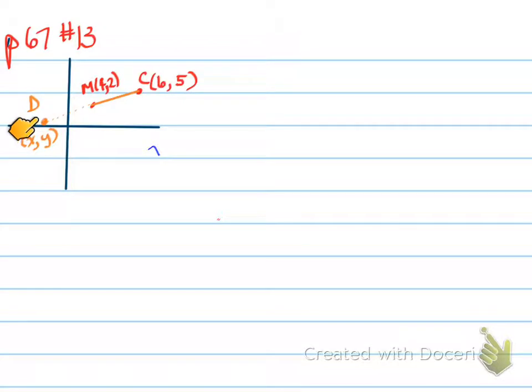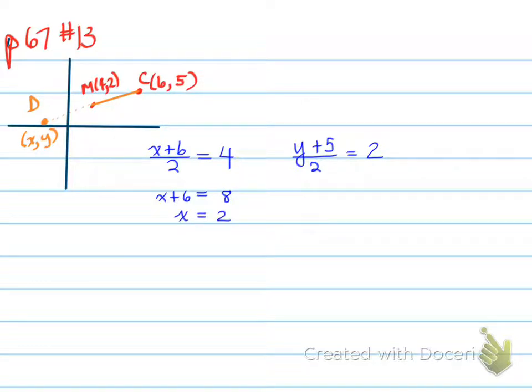So think about it. x plus 6 divided by 2 has to equal, that's right, 4. So x plus 6 divided by 2 has to equal the x value of the midpoint. Do the same for the y. y plus 5 divided by 2 is equal to 2. So what are the values of x and y? Well, x plus 6 is equal to 8, so x is equal to 2. The other one,